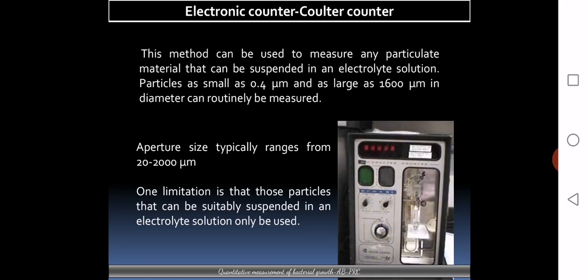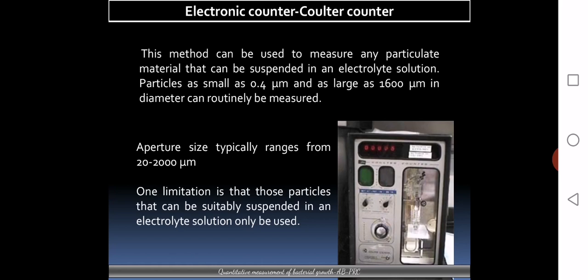And usually the suspension of cells has to be dissolved in an electrolyte solution, and that's one of the disadvantages also, because if a particular substance is not dissolved in that electrolyte solution, it will not be possible to count. That is one limitation. Another limitation of this method is that this gives only